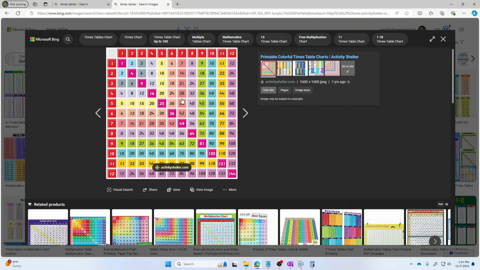For example, in our times table here, I can see that both 6 and 15 show up in this row that is labeled 3 on the side. And that means that 3 can go into both 6. 3 goes into 6 two times, and 3 can go into 15 as well. 3 divides 15 5 times. So I think I will try to divide both 6 and 15 by 3.